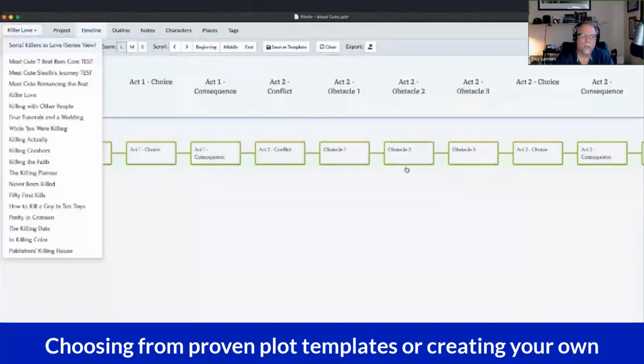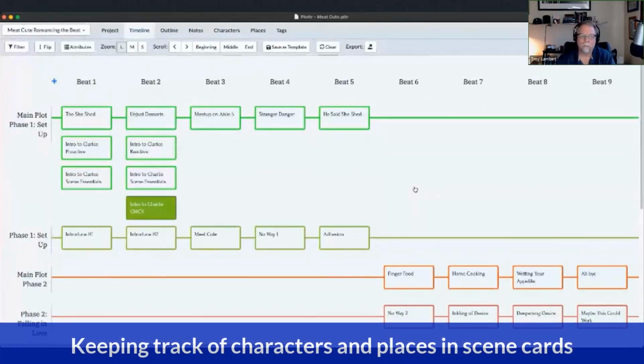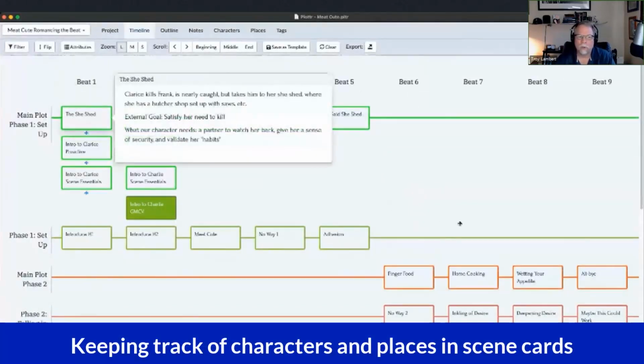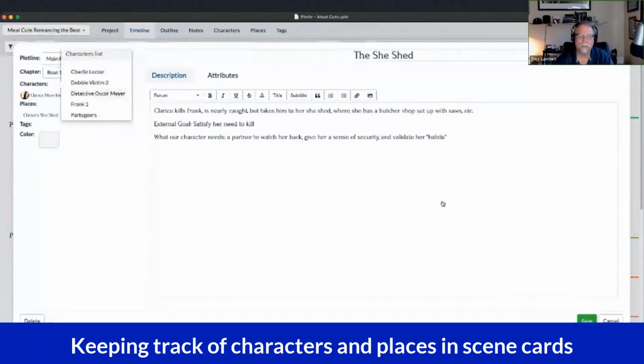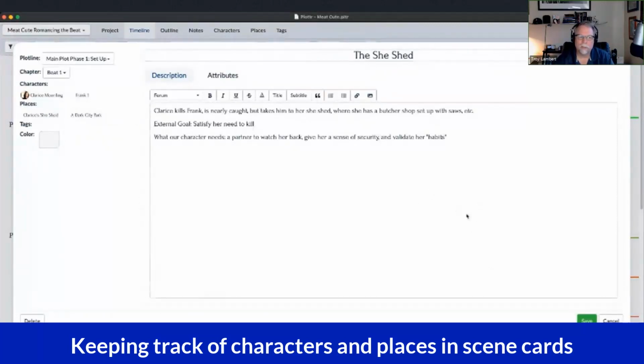Okay, now I'm going to go back and show you how some of the other features work. So let's open up a scene card, and I'll show you some things that you can do. One of the first ones is you can tag this with characters. So I can say, okay, the character in this particular scene is Clarice. She goes to kill the guy. Actually, I should add in Frank here because this is the only scene he's in because he gets killed. So I've added him into this scene so you can see which characters are in here and which places this